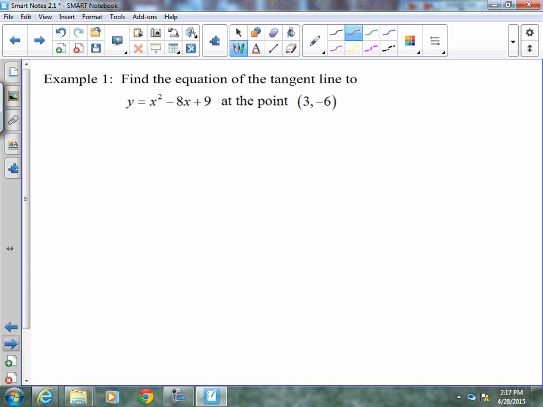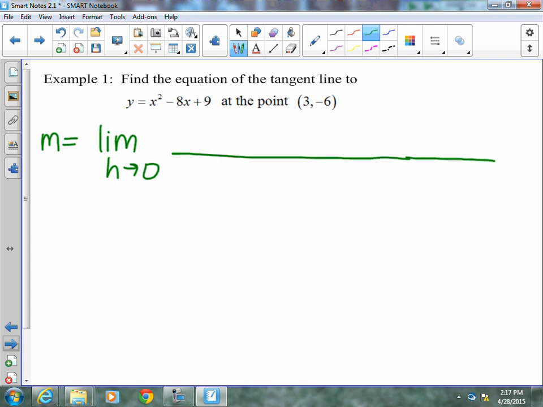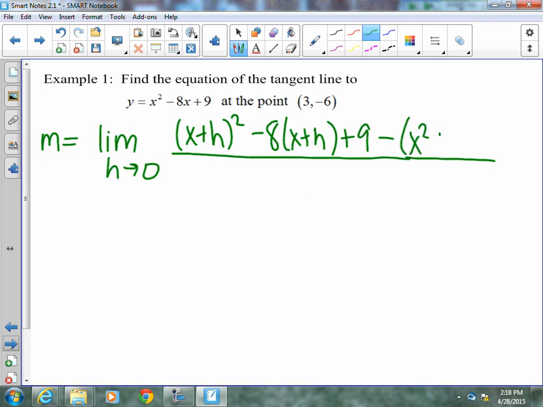So, find the equation of the tangent line at the point 3, 6. We're going to use definition 1 to find our equation for slope. Or definition 2. The limit as h approaches 0 of the difference quotient. We're going to need lots of space. So, I'm going to use x's this time. Doesn't really matter what you use. But we've got f of x plus h minus f of x all divided by h. Now, ideally, enough h's will cancel out in the top that our h in the bottom